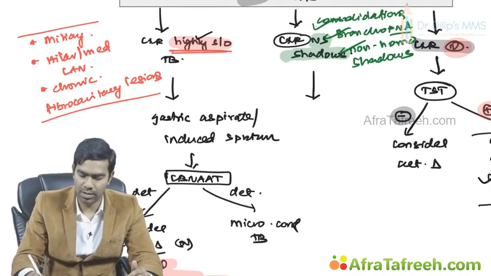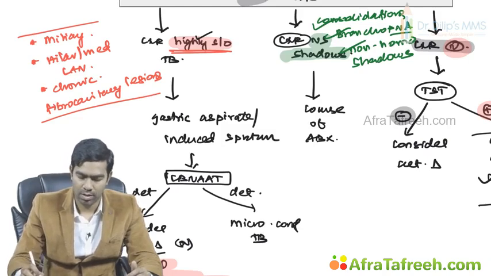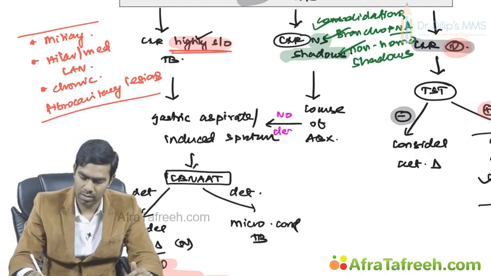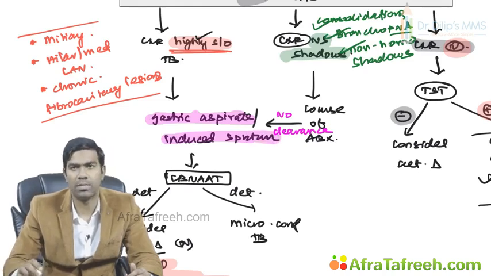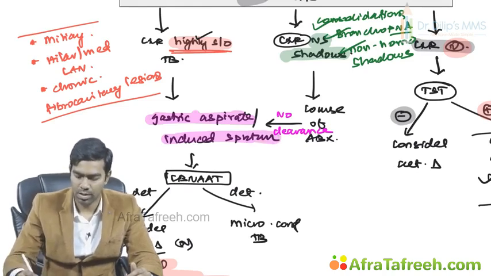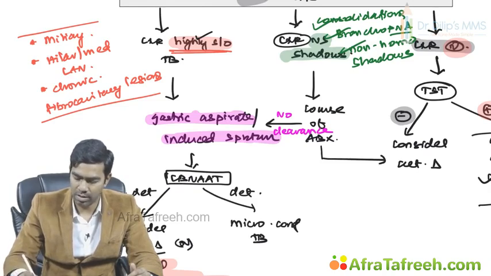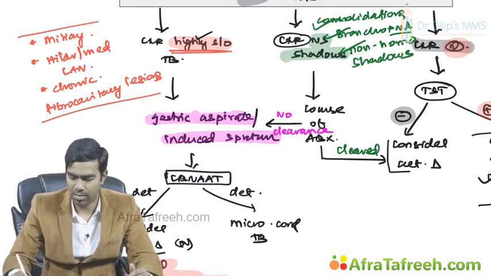In this, I'll be giving a course of antibiotics to see whether the shadows are clearing or not. Suppose the shadows are not cleared, then I'll be going for gastric aspirate or induced sputum, and I'll be sending that for GeneXpert. Suppose the shadows have cleared completely, that's why I'm writing in green, then please consider